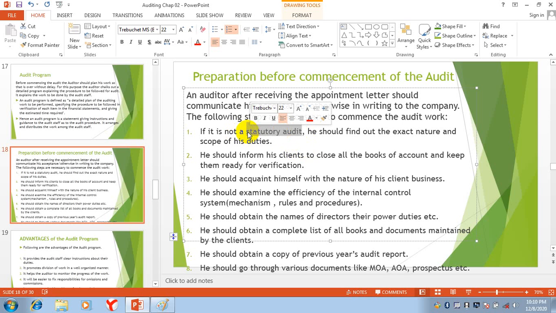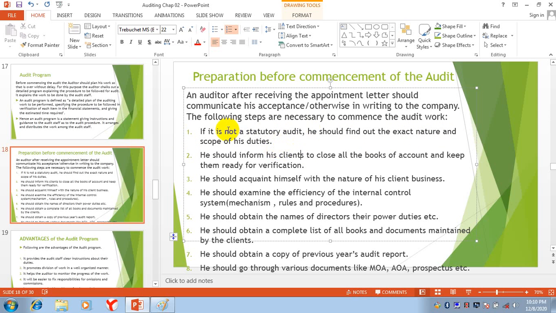If it is not a statutory audit, he should find out the exact nature and scope of his duties. In a statutory audit, each and everything is specified, so there is no need to find out the nature and scope of duties.